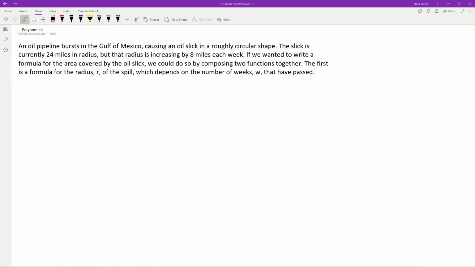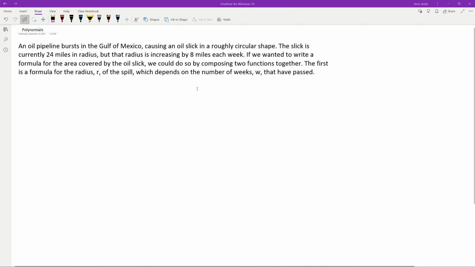Okay, let's begin talking about polynomials. And let's start off with an example. An oil pipeline bursts in the Gulf of Mexico, causing an oil slick in a roughly circular shape. The oil slick is currently 24 miles in radius, but that radius is increasing by 8 miles each week. If we wanted to write a formula for the area covered by the oil slick, we could do so by